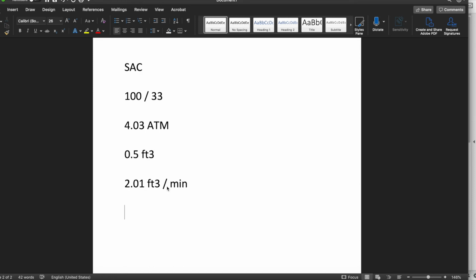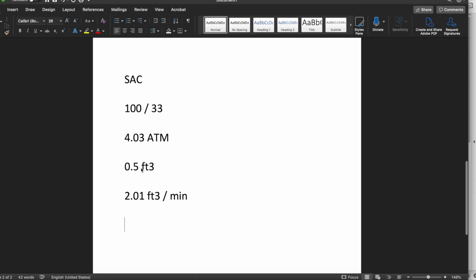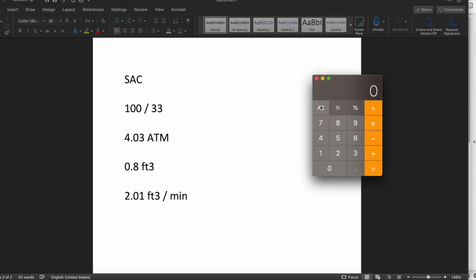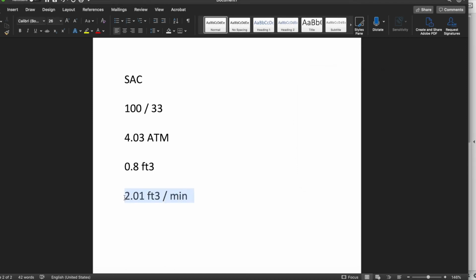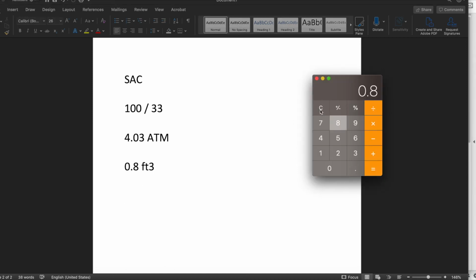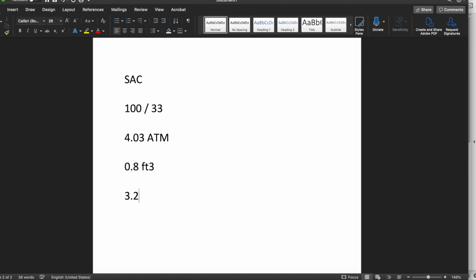If you're going to be working hard, like in the megalodon tooth instance, you might actually increase that a little bit. So a good rule of thumb would increase your SAC rate calculation by a little bit, so maybe even go up to 0.8 on this. And that's what we'll do here for this math calculation. So that's giving you a lot of conservatism. So 0.8 times 2.01. I'm sorry, that's not what we're doing, because this is based on the SAC rate there. So we're going to do 0.8 times 4.03 atmospheres, and you can calculate 3.2 cubic feet a minute of gas